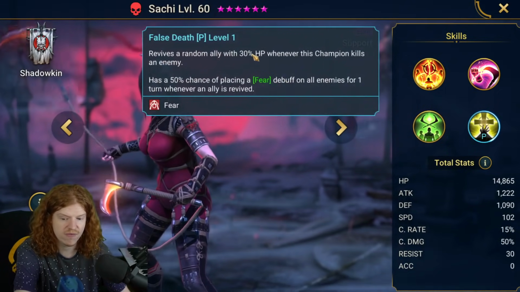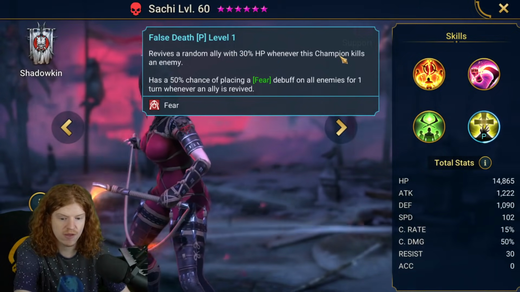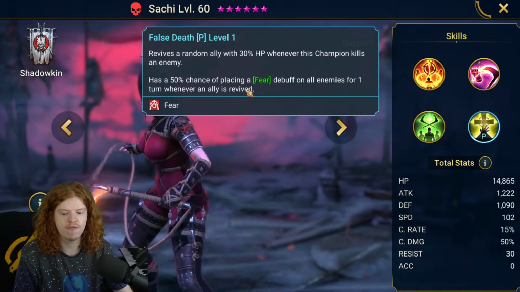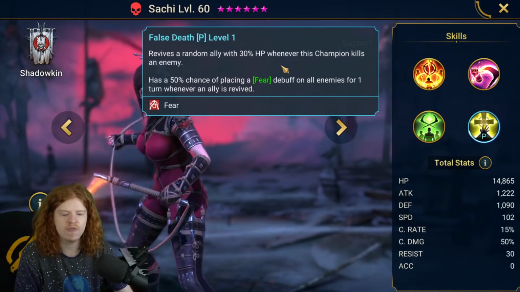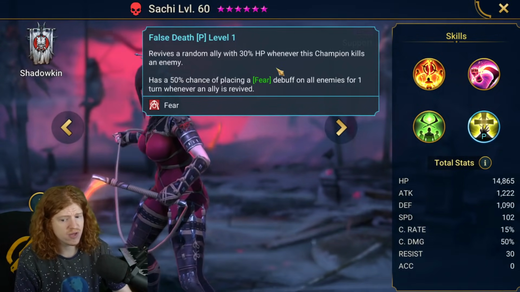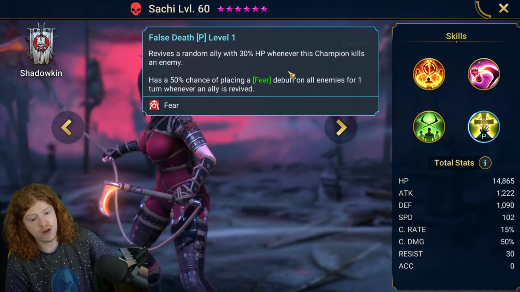And if you look at the passive, revives a random ally with 30% HP whenever this champion kills an enemy. 50% chance of placing fear debuff on all enemies for 1 turn whenever an ally is revived. So if you're reviving somebody, you get, if you get feared, you also get